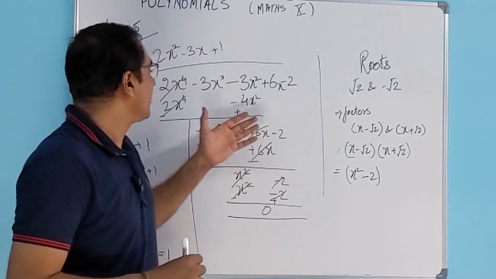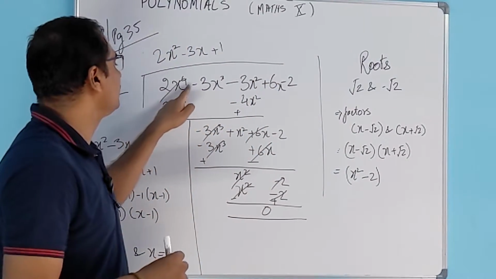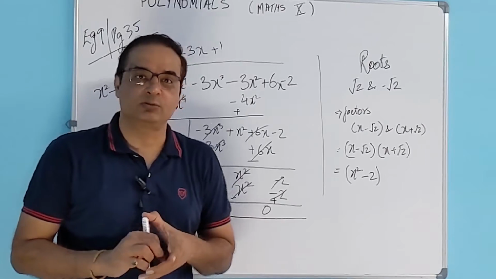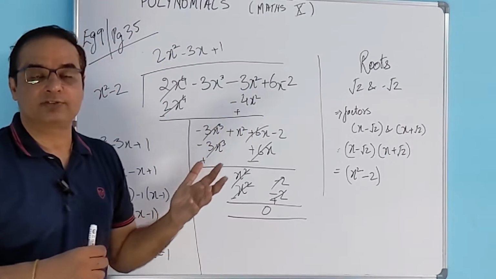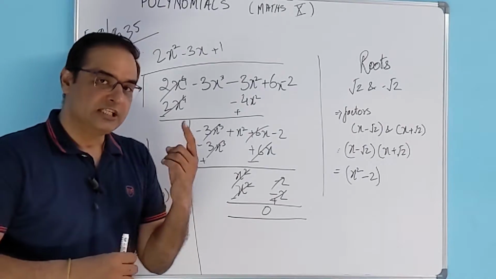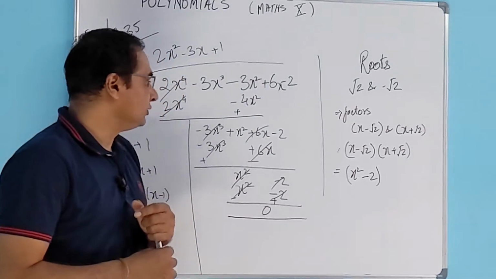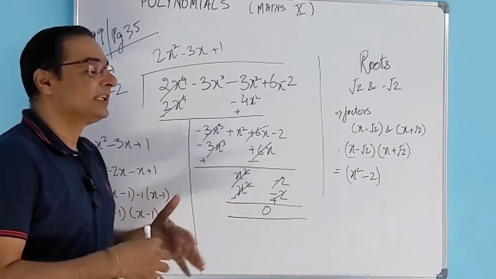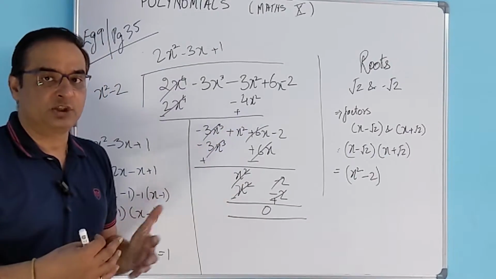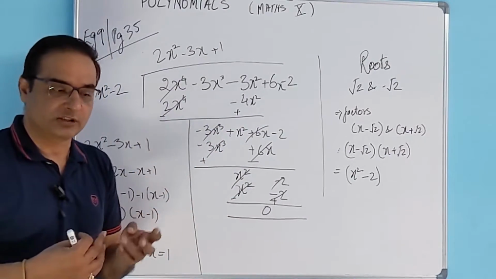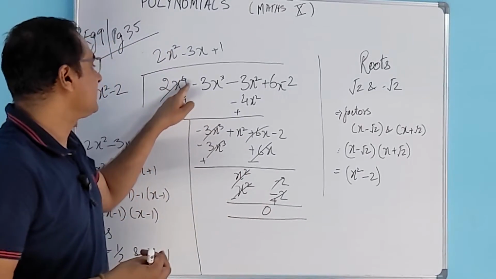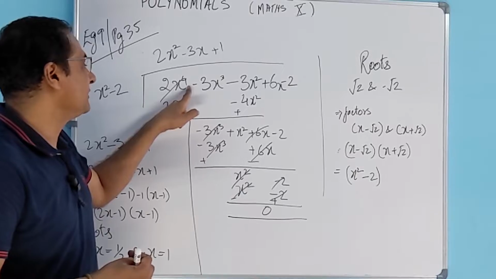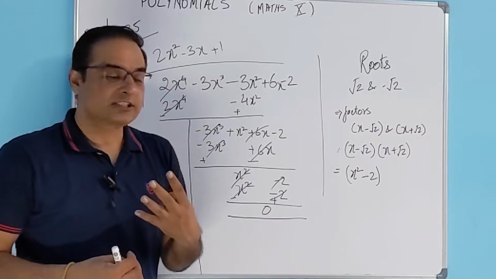Another thing we look at here is that the degree of this polynomial is 4. So we already know that if we have a linear equation, that means the degree of that polynomial is 1, then it can have just one solution or 1 zero. If it is a quadratic equation or quadratic polynomial, then it can have 2 zeros. If it is cubic, it can have 3 zeros. Since the degree of this polynomial is 4, it can have 4 zeros.